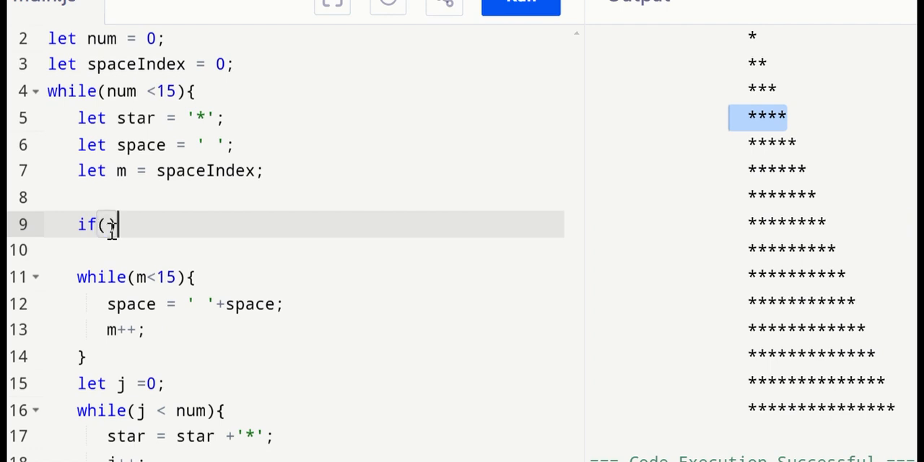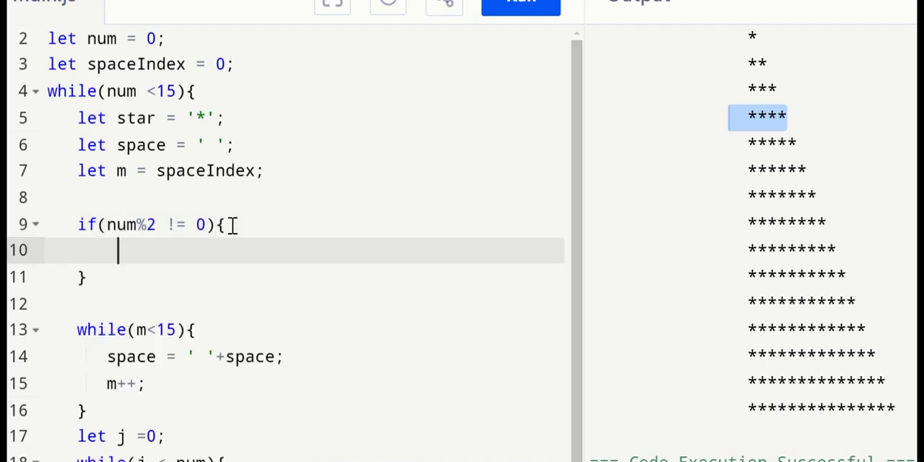We need to add num percentage by 2. Okay, I want to add not equal to 0. Okay, so I want 3 star, then 1, then 3. Okay, so here and also